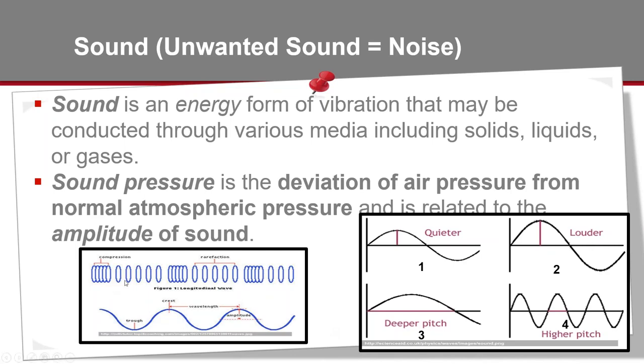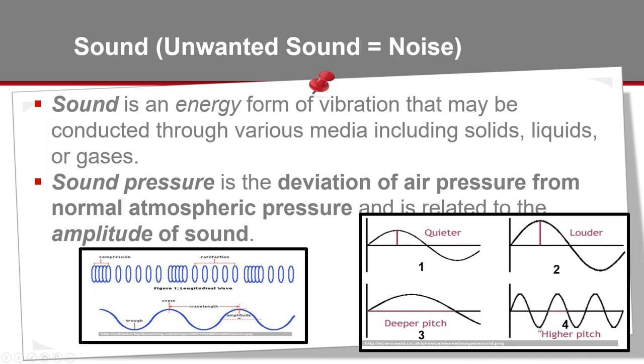So this represents the wavelengths. The vibration of air molecules is sinusoidal in nature, and the higher the wave, the louder the sound. This is the amplitude, and this line here in these graphs represents atmospheric pressure. As you project the sound, the louder the sound, the higher the amplitude, because it creates more pressure deviation from the baseline of atmospheric pressure. And so loudness has to do with the amplitude, and pitch or frequency has to do with wavelength.